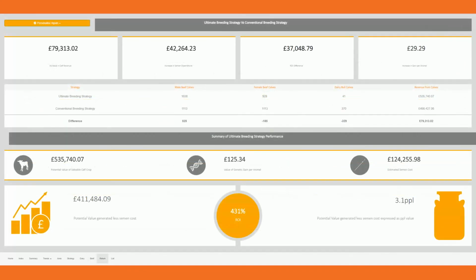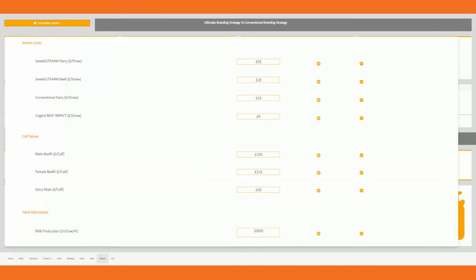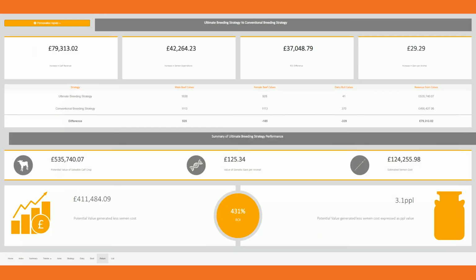The return page is arguably the most important page. On the top left-hand side, we have the opportunity to personalise the inputs for each of the farms we work with according to our customers' needs and wants, reflecting market conditions in real time with reference to calf values and, more importantly, budget requirements. Once we've set the personalised inputs, we can see how the ultimate breeding strategy compares with